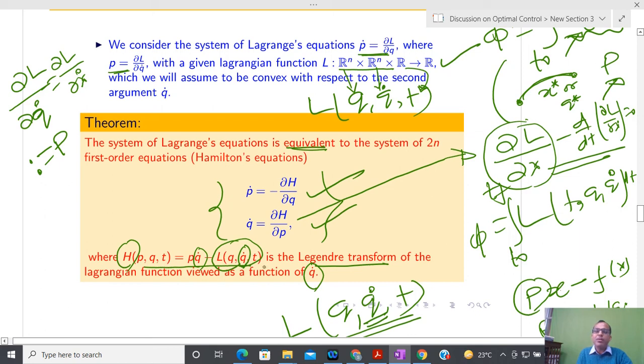This comes from the Legendre transformation, but since this was first applied by Hamilton, this function is now known as the Hamiltonian. So I am going to formulate the Hamiltonian function with respect to q dot. After that it is possible to show that the second order equation in q is converted into first order equations in p dot and q dot just by this kind of formulation. Okay,